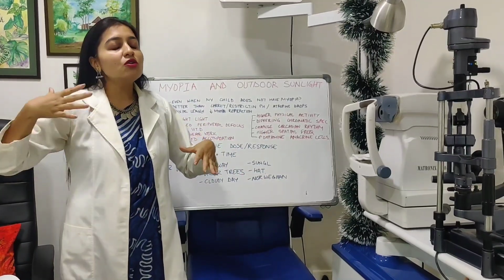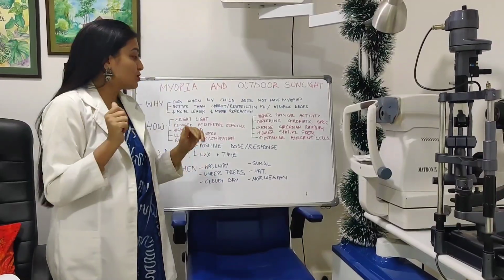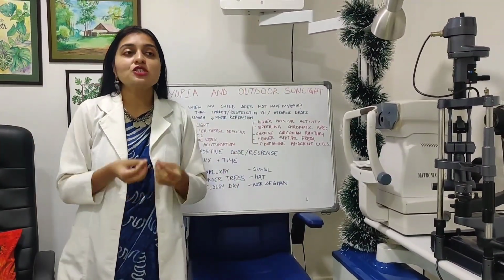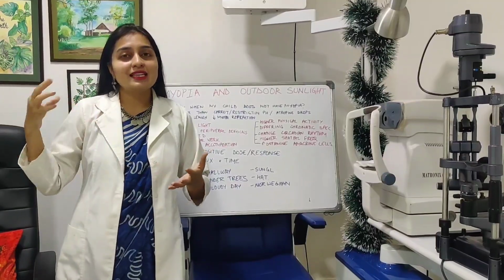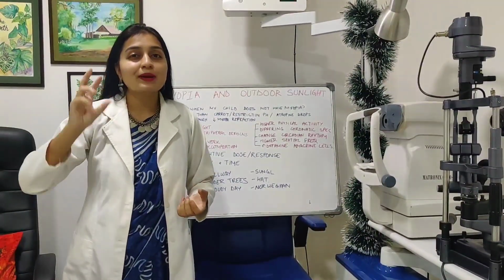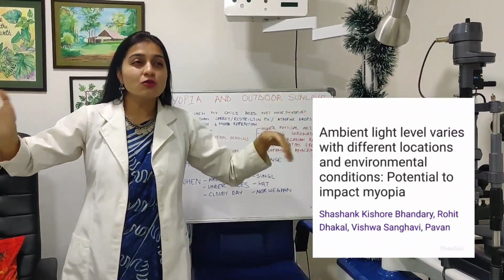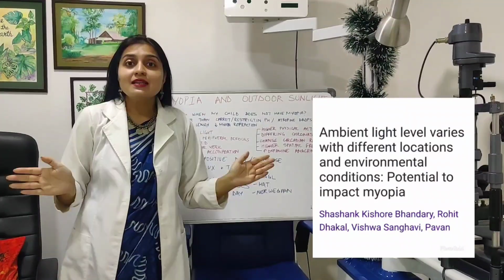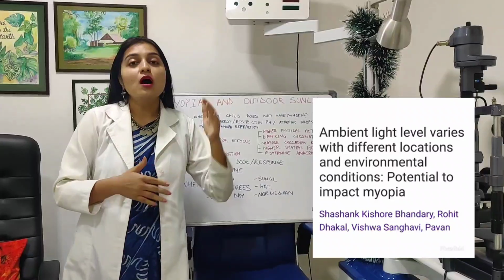A lot of studies have gone into it, and let's go into a few of the mechanisms, okay? The first is the brightness of light, which is the key ingredient. Most of the studies will say that the reason why outdoor sunlight time is so effective is the brightness of light. Many of you will be like, okay, so if I switch on all the lights in my house, get really bright lights, will that be enough? No, even the brightest of indoor lighting can never compare to outdoor light.